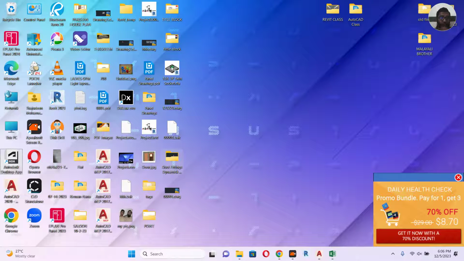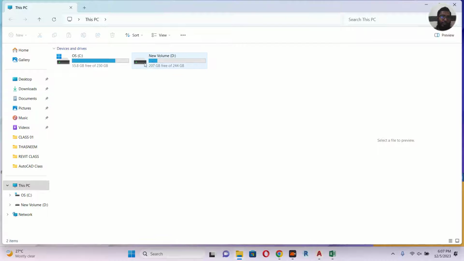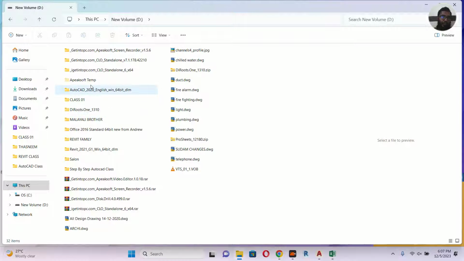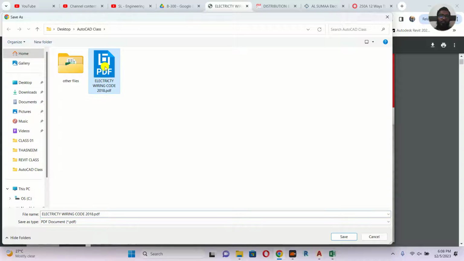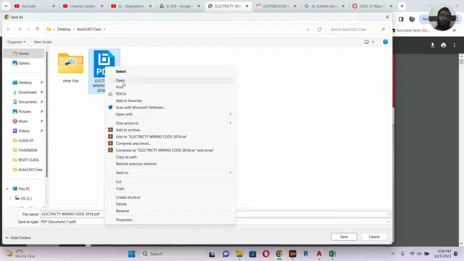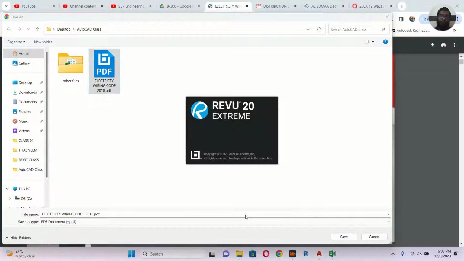You can see my old desktop. I think I didn't save in the desktop. I saved in the, no, not in the D also. Where did I save? Right click, save as. I couldn't find it. Okay, no problem. Right click here, open. It will open in the PDF viewer. Okay, it's open,